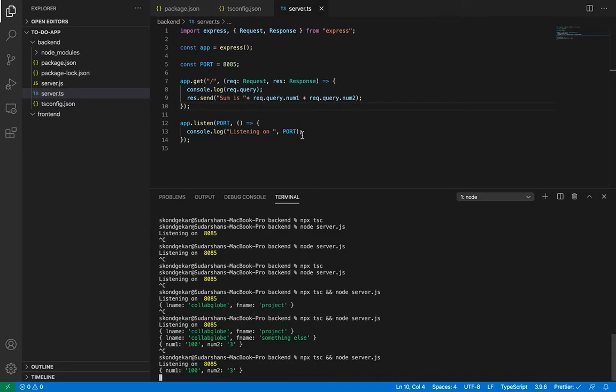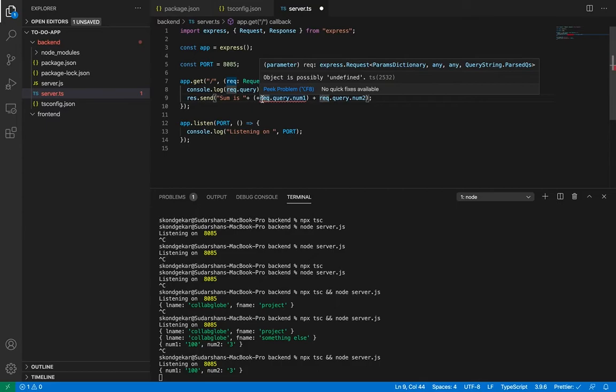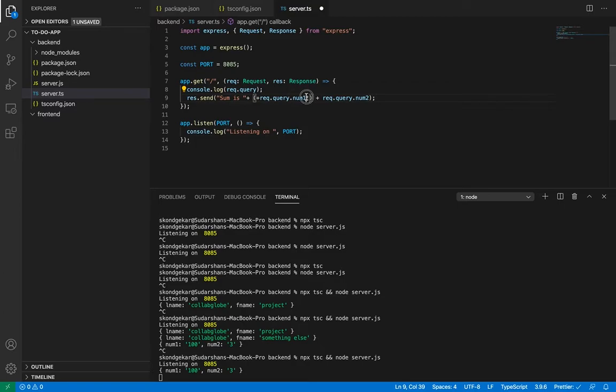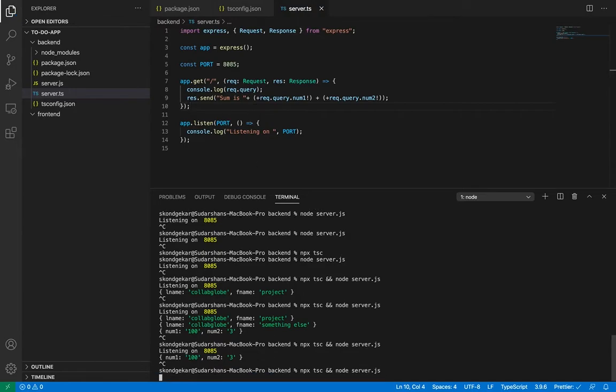Now to convert string into number and then add, I will have to do it like this. Plus, one minute. Yeah, okay. I'll have to add this as well. This is the bang operator. I will tell you what it is. But just adding a plus with the brackets, it will define that this string should be converted to a number. I will run it again.